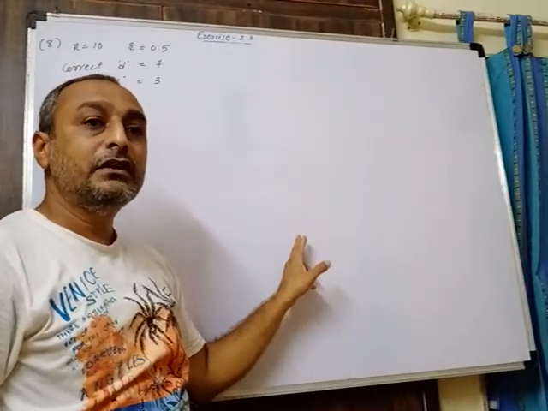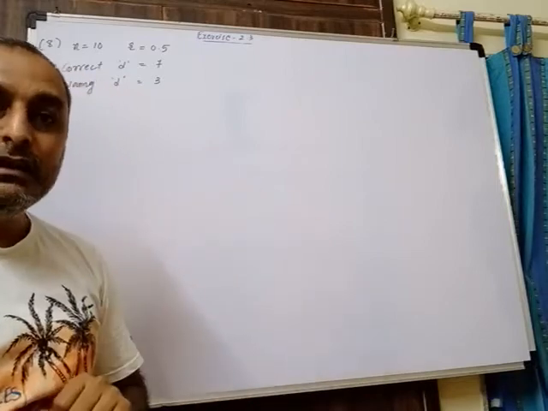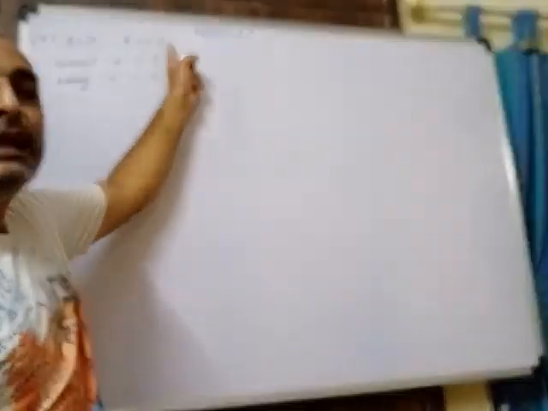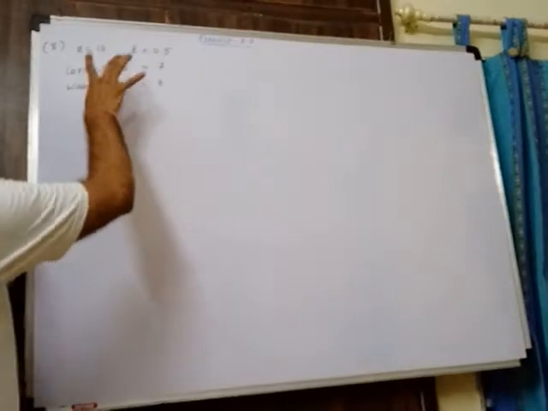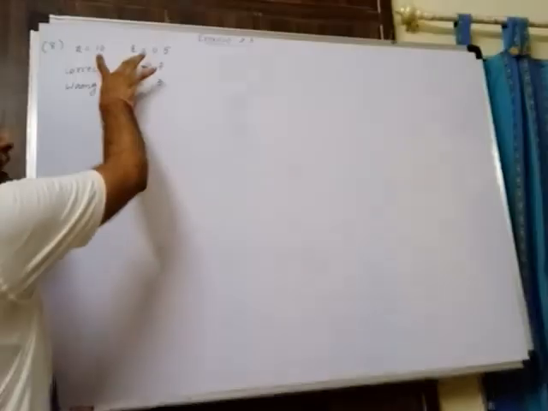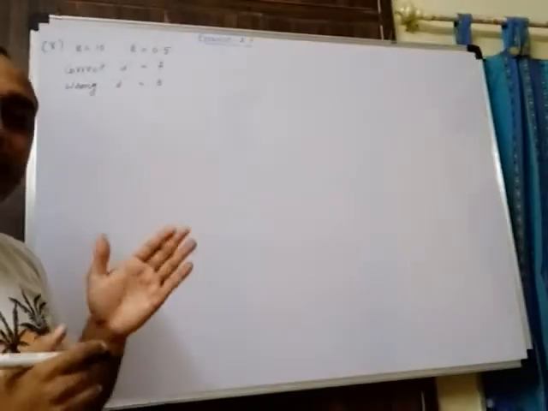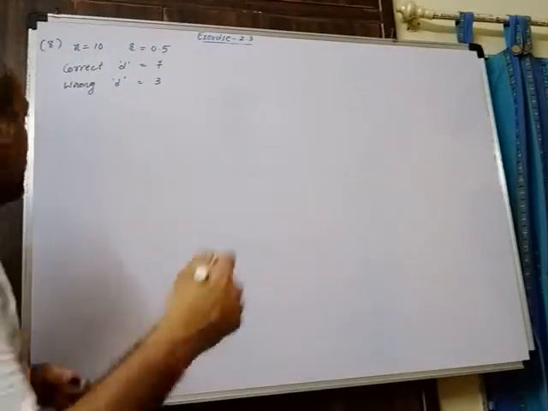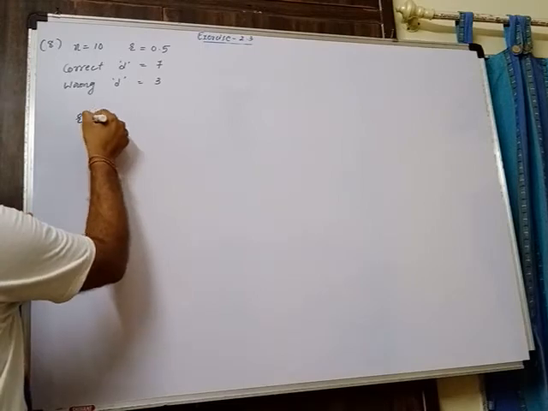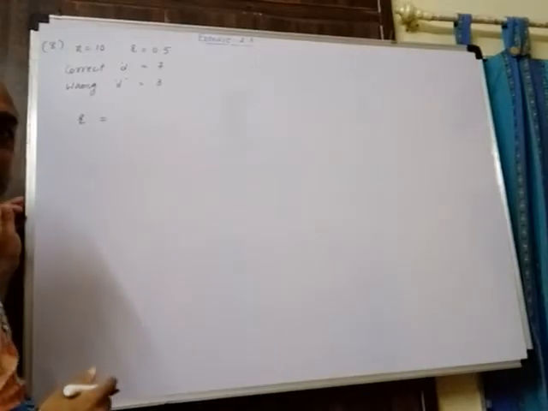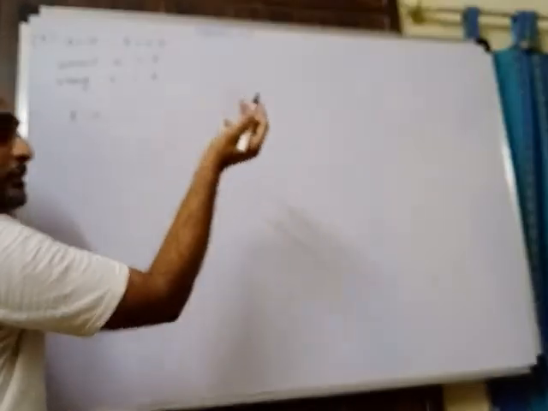So first thing is what we have to rectify sum of d square. Then we can rectify this rank correlation. So first of all, with the help of these values, rank correlation is already available. With the help of these two values, we'll find out the wrong total of d square. Then we'll rectify that d square total, and then we'll use that corrected d square to find out the corrected value of r. Okay. So see now, I am writing the formula of rank correlation because that is only provided to us, and with the help of that we can find out sum of d square.